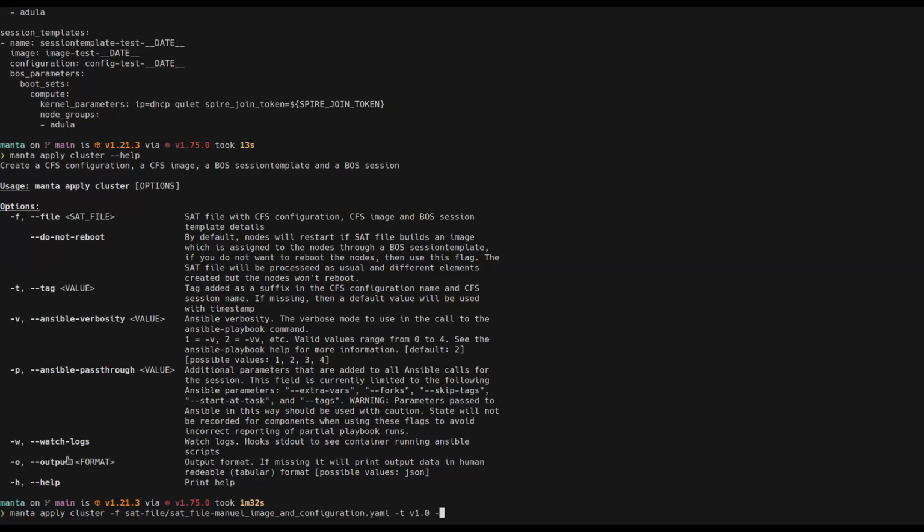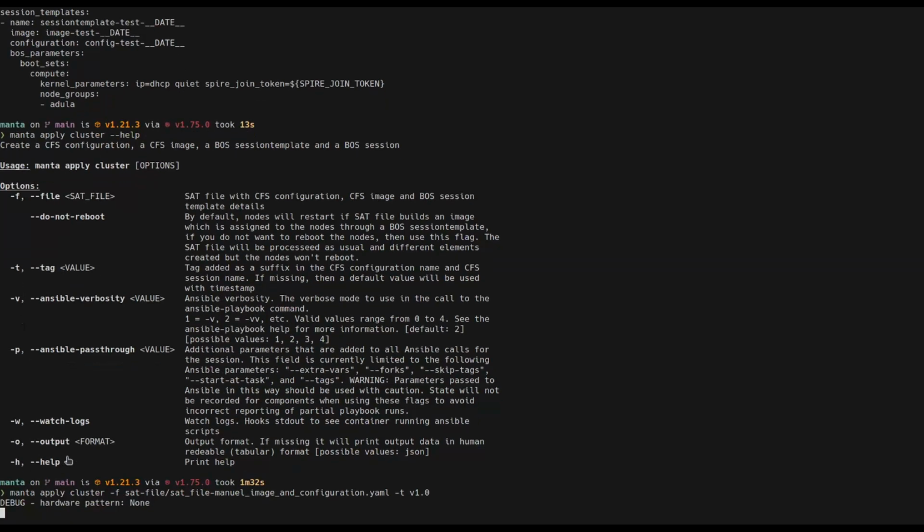And I think I'm missing what else? No, the cluster is in the SAT file, so that should be it. Okay. So it has created a session. This is my session, and now it's waiting for the session to finish. I'm gonna stop this